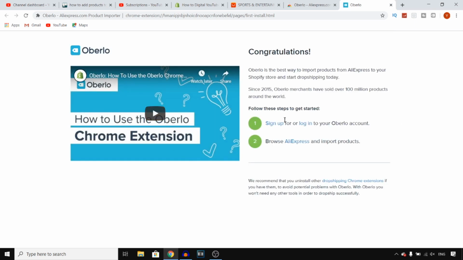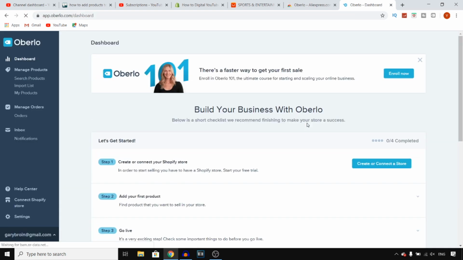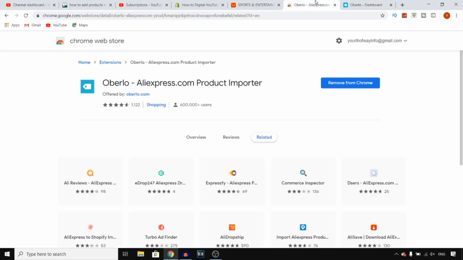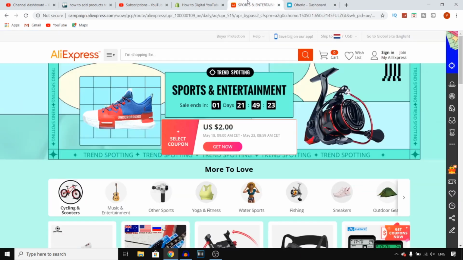If you don't have an account yet, you want to click on Sign Up right here. If you already have an account, you can click on Login. So I already have an account, and here we are. So I'm automatically signed into my account. So like I said, you can also sign up for free, which will only take you a few seconds. But once you're signed into your account, you can get rid of this and you want to go to Aliexpress